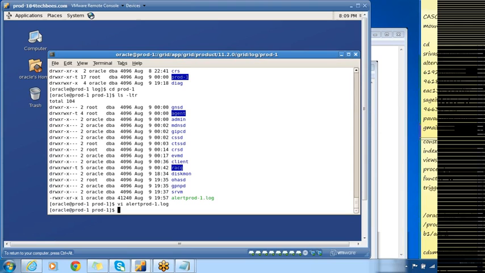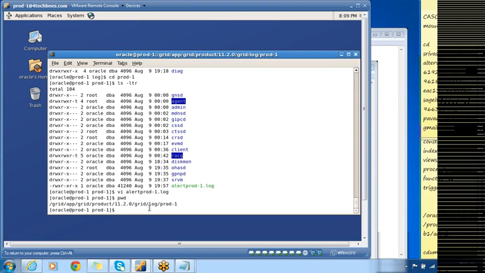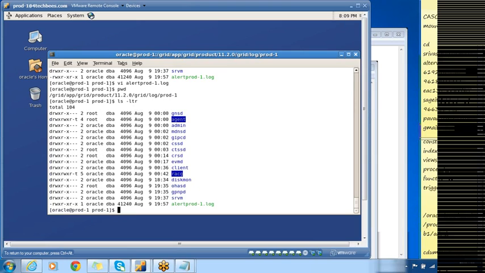So this will be the directory structure. It will be present under grid home followed by log followed by host name. And if you want to look at the log files related to each and every process, they will also be present in the same directory. Under this directory, you'll have a directory named after each background process, the daemon name.